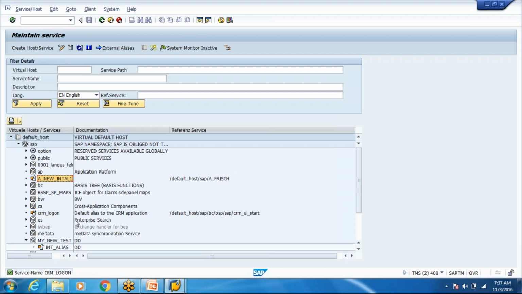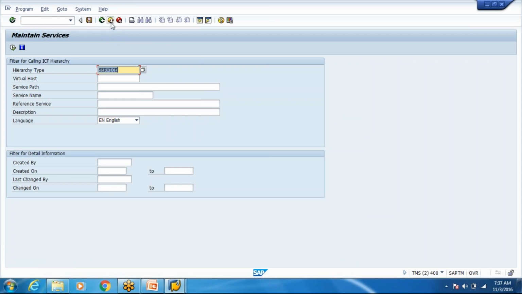So while creating the service, we map the device. Correct. So that link will open that service only, isn't it? When you open that link in a browser on a handheld device, it is going to search which service is called based on that link, and all the screens and everything will then be fetched. Okay, fine.